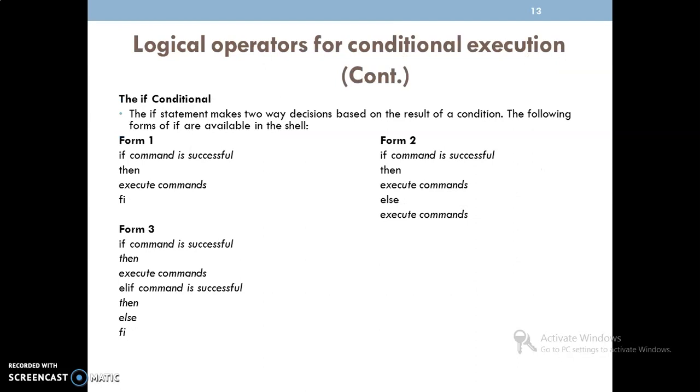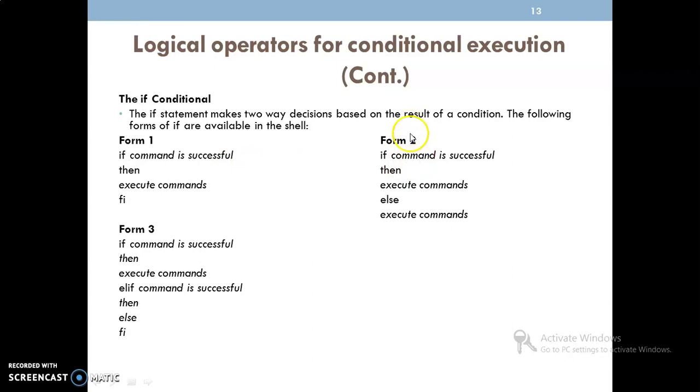Okay, these are the if condition statements. Just we can find it. It is a simple if condition that we are having here. If the command is successful, then we are executing the commands. And just like in the C language, there are opening curly braces and closing curly braces. Instead of that, we are using if and fi, which is nothing but open and close.